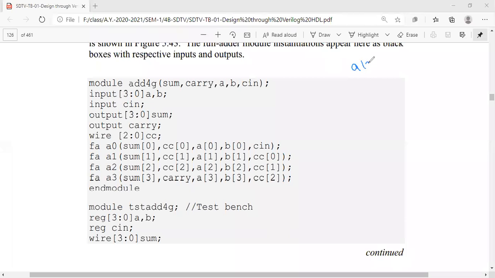Okay, a of 3, a of 2, a of 1, and a of 0.